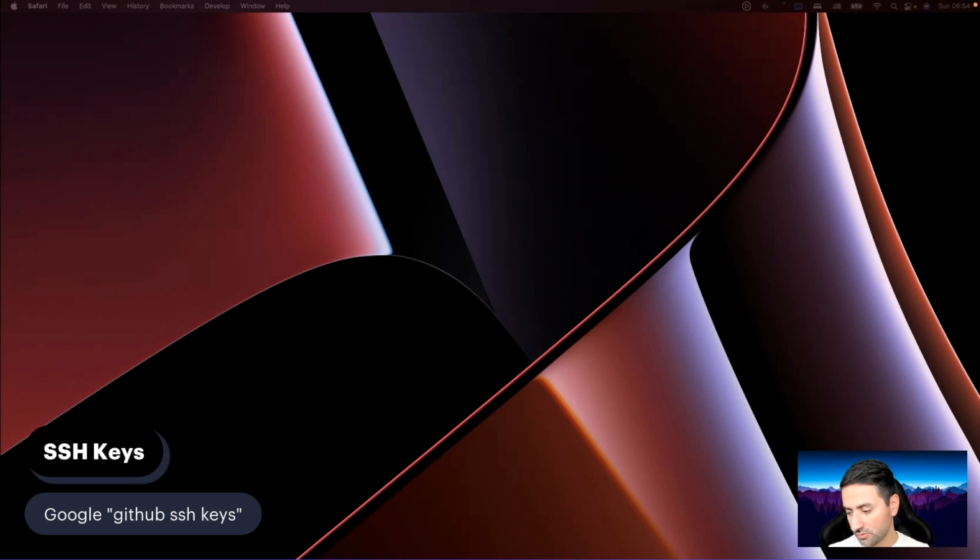But if you on your computer want to be able to commit your work from your hard disk or your SSD or whatever into GitHub, you will need something called an SSH key. SSH keys are